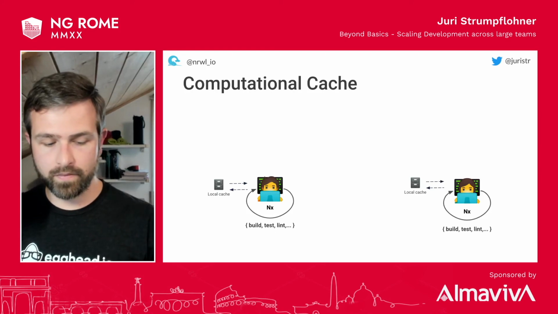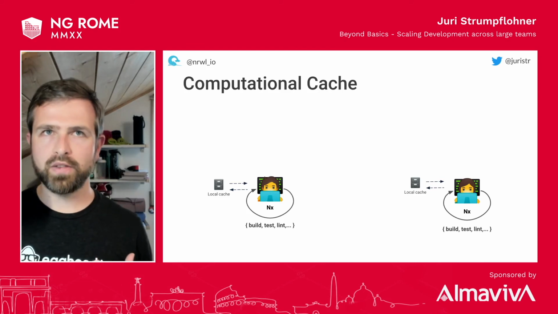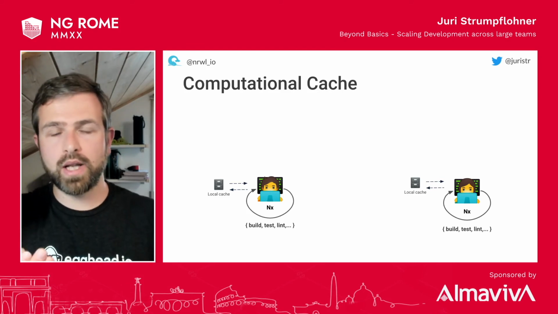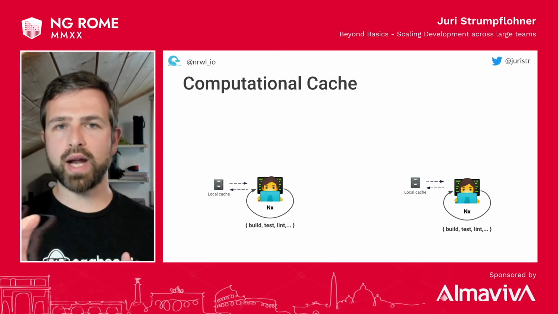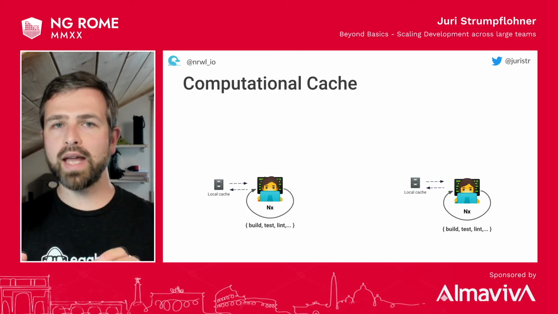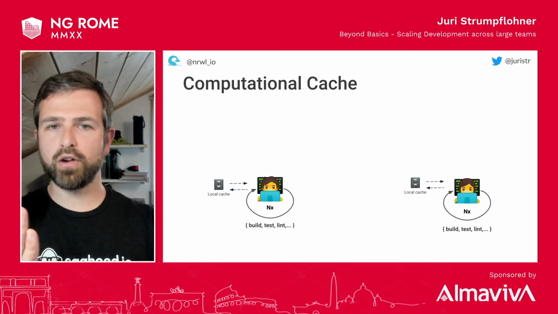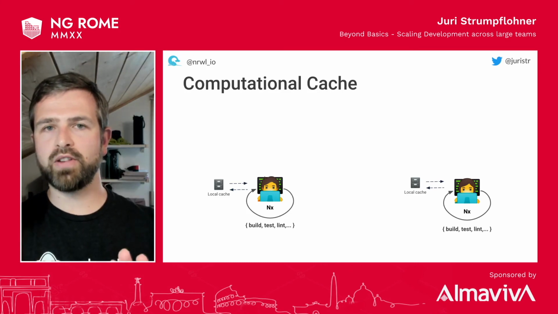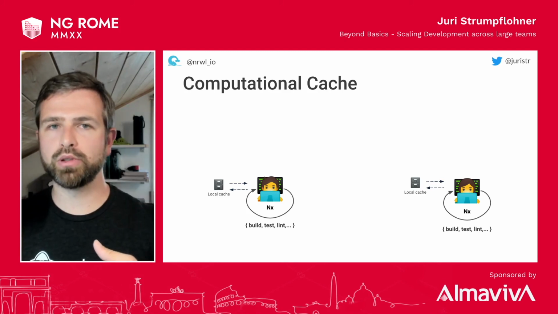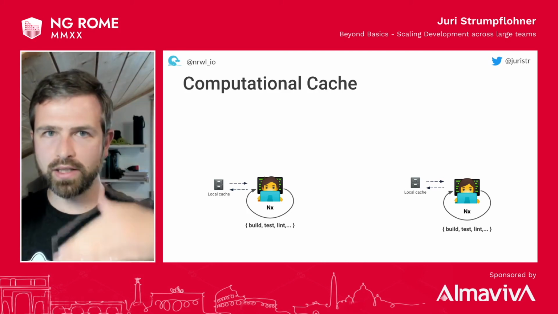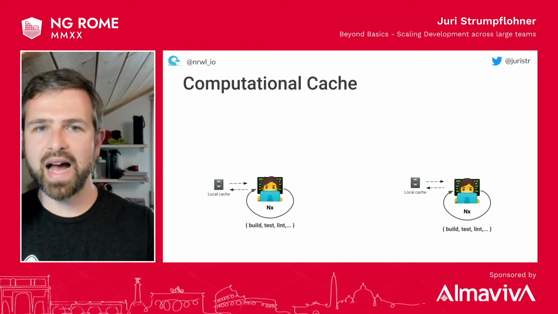Another thing I'm very excited about is the recent computation cache, which we have introduced. This is an addition to affected commands, or in general, when you run a command, NX basically takes the source code which the command has run against, a couple of environment variables, and then it stores the actual output in a cache. The next time you run it again, it verifies whether the source code, the command, and the environment variables match something from the cache. If it does, it just restores that cache onto your console output. And that's not just for writing the log out, but also for recreating the bundles and files which might have been produced.